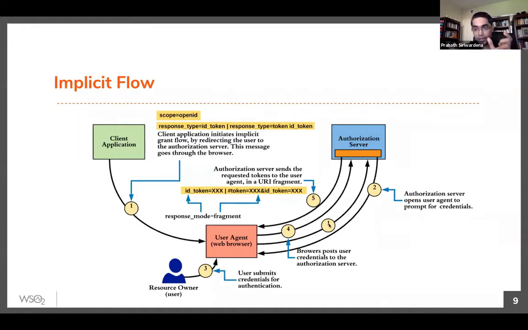I copy that state value, which is generated for my browser session, and I send the stolen token and my state value in this request. Then it will pass the client side validation, because whatever state value comes in that request is also in my browser session. So once again, I can impersonate the user and log in with the stolen access token.